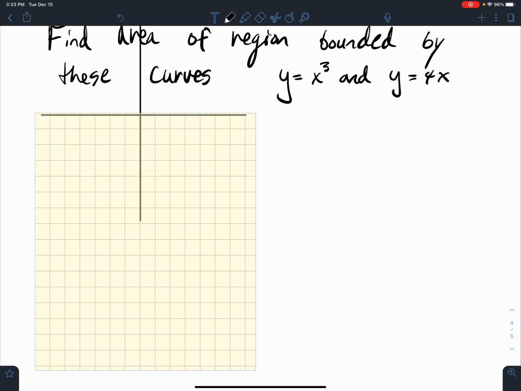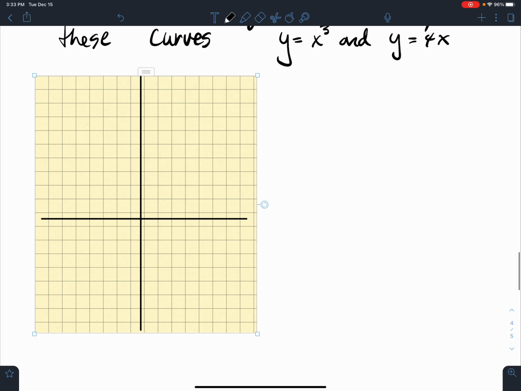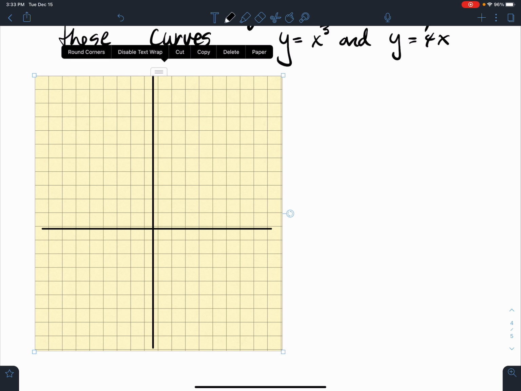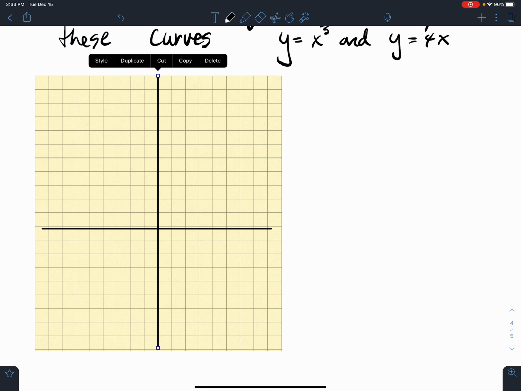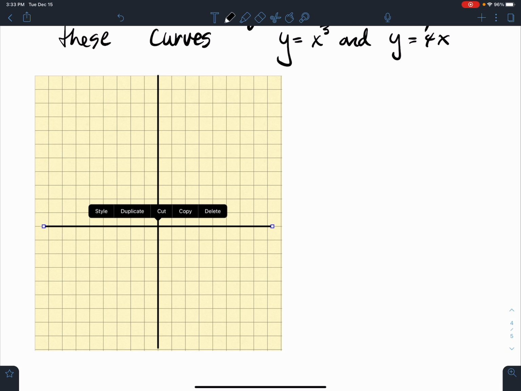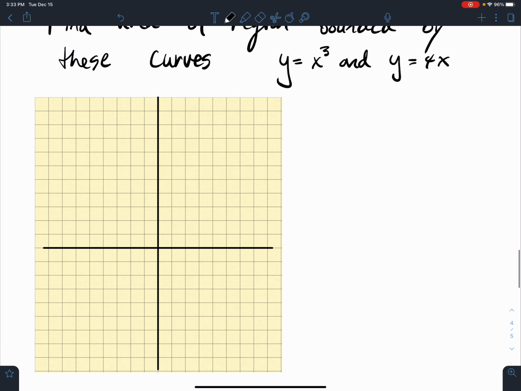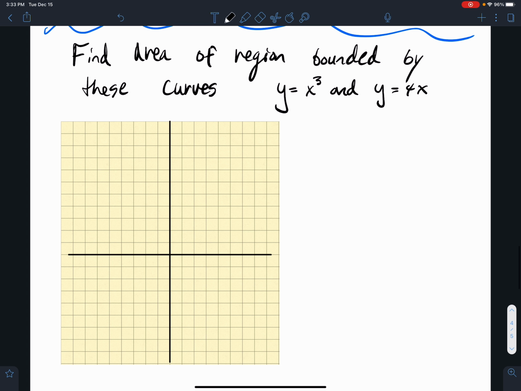Okay, didn't quite make it big enough. Go figure. All right, I think this is going to work. Okay, so I want to find that area bounded by these two curves. So with this problem here,